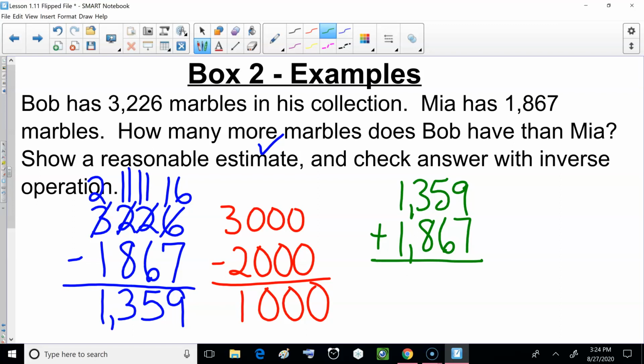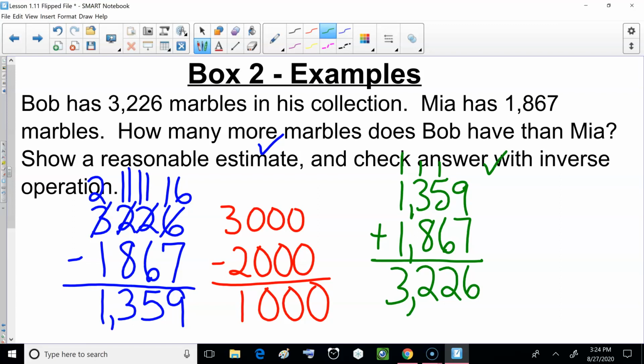9 plus 7 is 16, so 6, carry the 1. 1 plus 5 is 6. 6 plus 6 is 12, so that puts the 2 here and the 1 up top. 1 plus 3 is 4. 4 plus 8 is 12, so the 2 goes there, the 1 on top. 1 plus 1 plus 1 is 3. 3,226, that's what he gets. So my check with inverse operations, I feel pretty good about my subtraction, but now I need to make sure